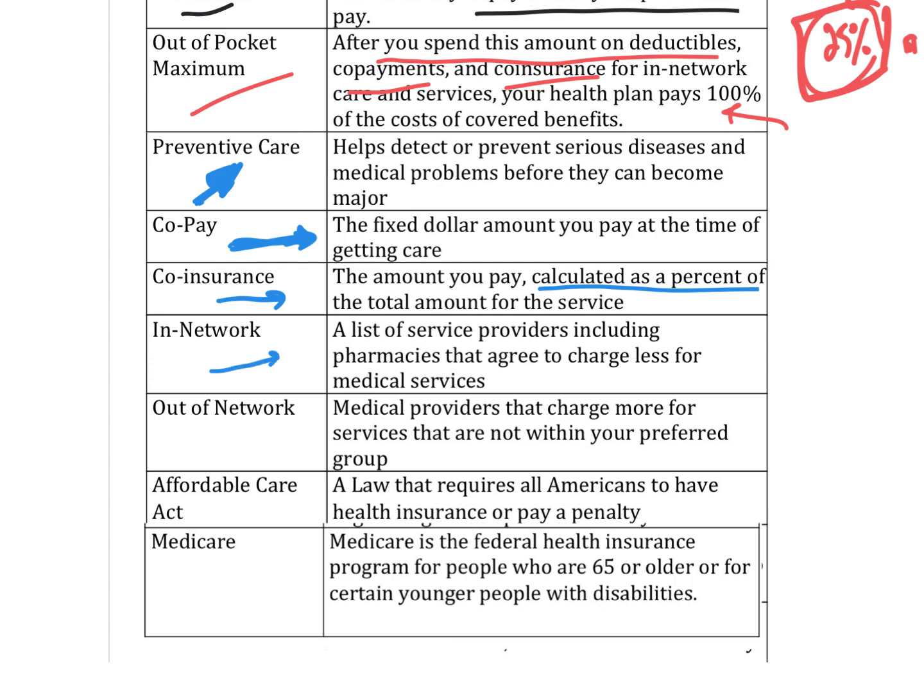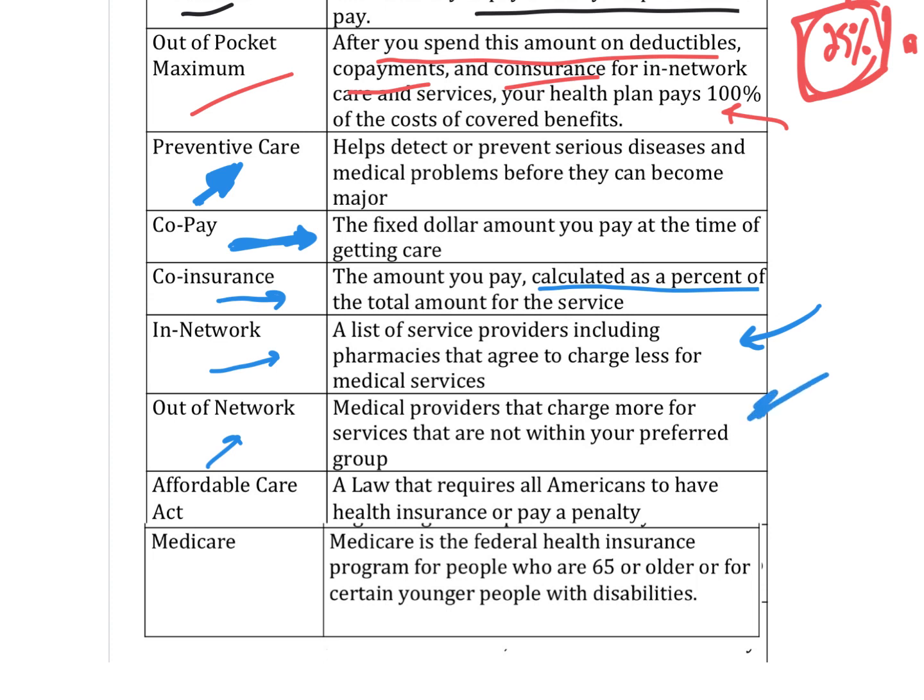In-network is the list of service providers, including pharmacies, that agree to charge less for medical services. So a lot of health insurance plans want you to stay in-network. Basically, they give you a list of doctors that accept your insurance. Out-of-network are medical providers that are not within your circle of in-network doctors, which means your insurance may not